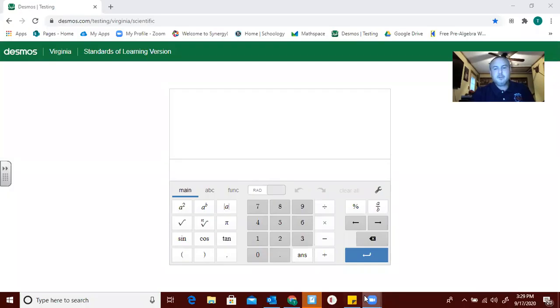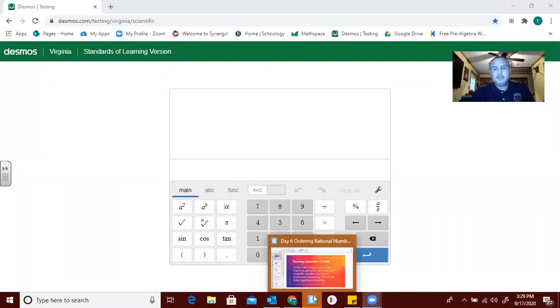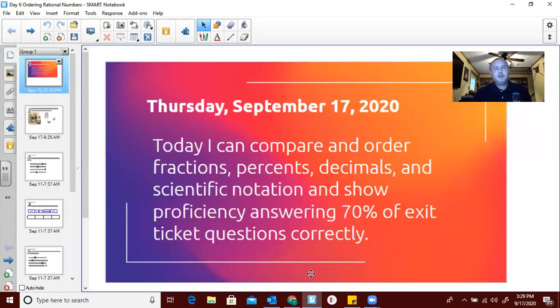That's Desmos. We'll be using that a little bit today. Not heavy though. All right, Thursday, September 17th, 2020. Today I can compare and order fractions, percents, decimals, scientific notation, and show proficiency, answering 70% of exit ticket questions